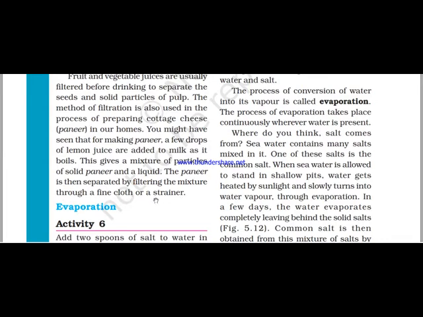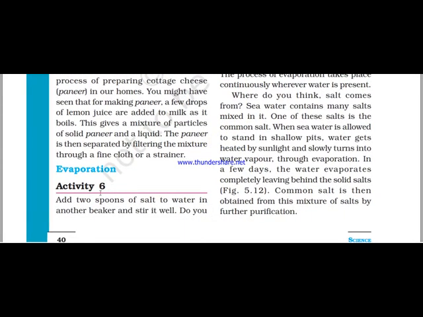Strainer means छलनी, right? So पनीर को बनाने के लिए हम लोग क्या करते हैं? Firstly we will boil the milk and then we will add few lemon drops to the milk. Now जब हम लोग boiled milk में lemon juice डालेंगे, lemon की drops डालेंगे, then the milk will be easily converted into paneer, right? And at last we will filter the paneer with the help of a fine cloth and a strainer to remove the excess water.